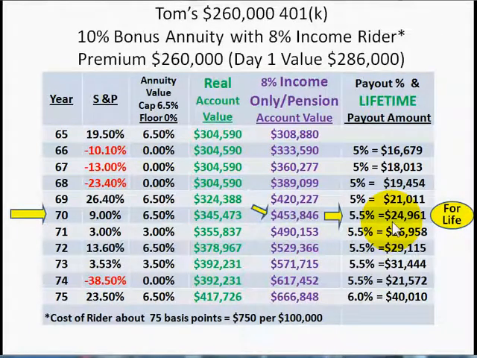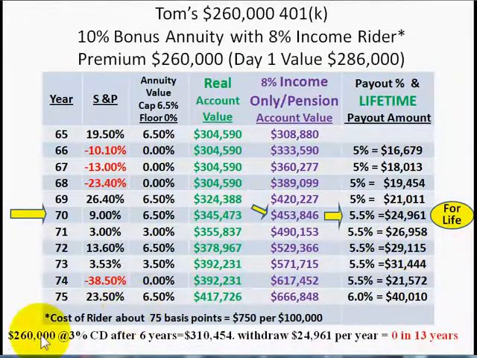And the reason this is fantastic for Tom is because had he decided not to go with this annuity and not to go with this income rider, and he said, instead I'm just going to put the $260,000 in a CD earning 3%, if you can find a 3% CD. But let's say he did, and he put $260,000 in a 3% CD. So after 6 years, 3%, 3%, 3%, he has $310,000 in his account. Not $345,000 like in the annuity, and not $453,000 like the income value in the income-only or pension account